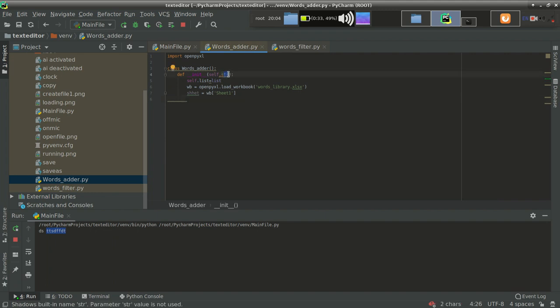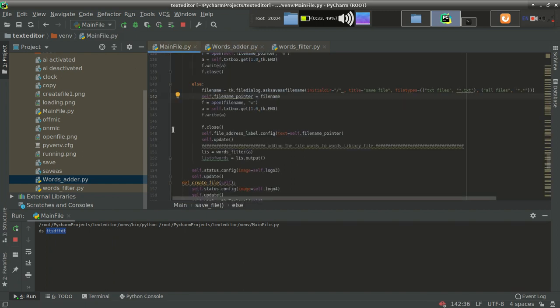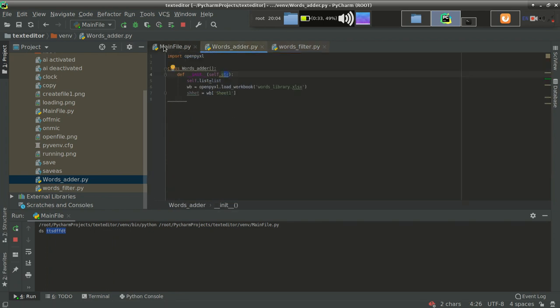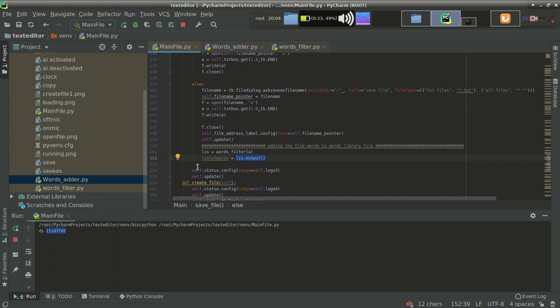Actually I have written a string, but it will accept only a list, because there is a reason. You can see from here, this list dot output will return a list to us. No, actually it is not returning a list, it is returning a string version of the list. So no problem, list dot output will return the list of words.